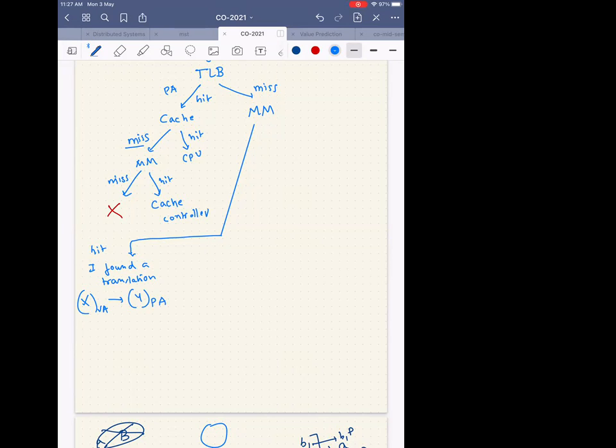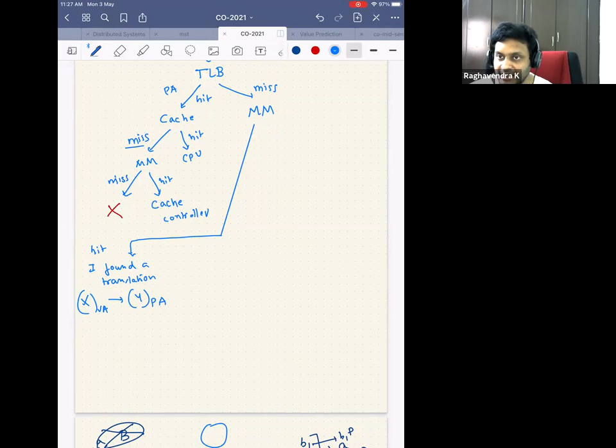Yes, it has to be in the main memory. There is no way that it cannot be, because when will you have this translation? When you have brought that page to the main memory. If you had not brought this page into the main memory, then the translation would not have been there. If the translation is there, it of course means that you have brought it. So this means that the block is definitely in the main memory, but you don't know if it's in the cache or not. Agree?